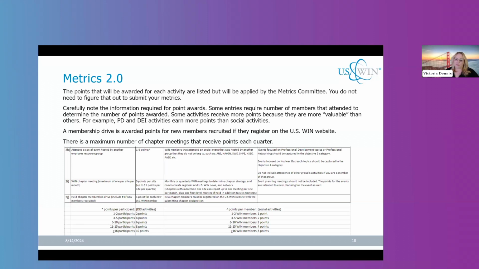And there's also a maximum number of chapter meetings that you can receive points for each quarter. Again, we want to reward results rather than just activity. On the next page,